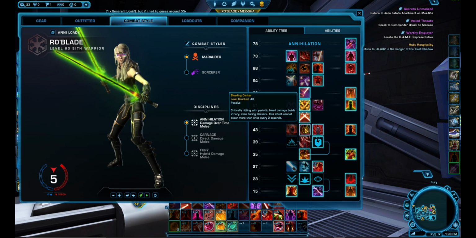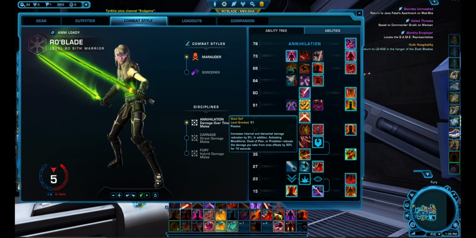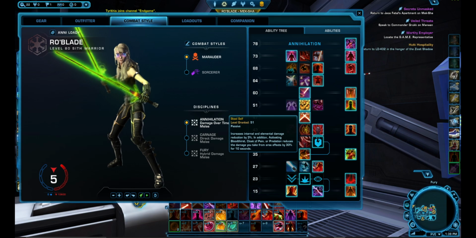And then, of course, take Bleeding Center when you just have downtime. For level 51, you want to be using Steel Self, as it gives you a 3% damage reduction to internal and elemental damage. Additionally, your Bloodthirst, Cloak of Pain, and Predation will also give you a 30% AoE damage reduction, which is really useful,